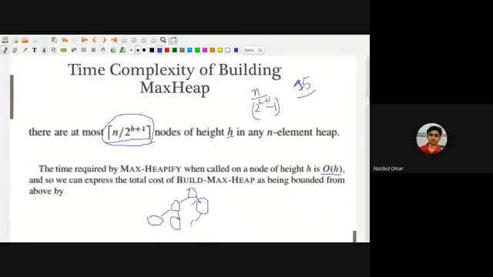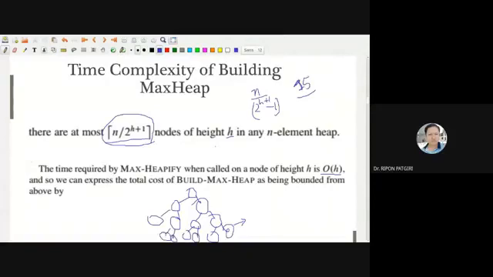Sir, you said nodes at height, but it should be nodes of height, as it is written here. Then it's clear, I think. Sir, please clarify the terms: what is h, the height of every node, etc.? Sir, h is the height of every node, not the total height. That's what is confusing everybody, I think.